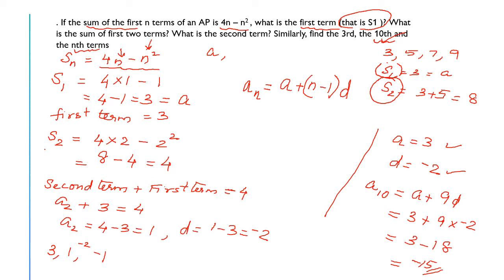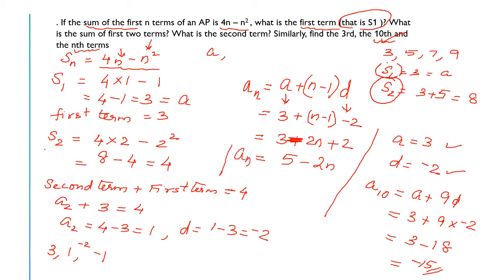In this case, they are asking you to calculate because you know the first term in this AP. What is the first term? 3 plus n minus 1 into what is the common difference of this AP? Minus 2. You have to substitute these values and find the nth term. That is 3 plus, 3 minus 2n plus 2. What you get? 3 plus 2 is 5. 5 minus 2n. You can leave it at this place. An is equal to 5 minus 2 into n.